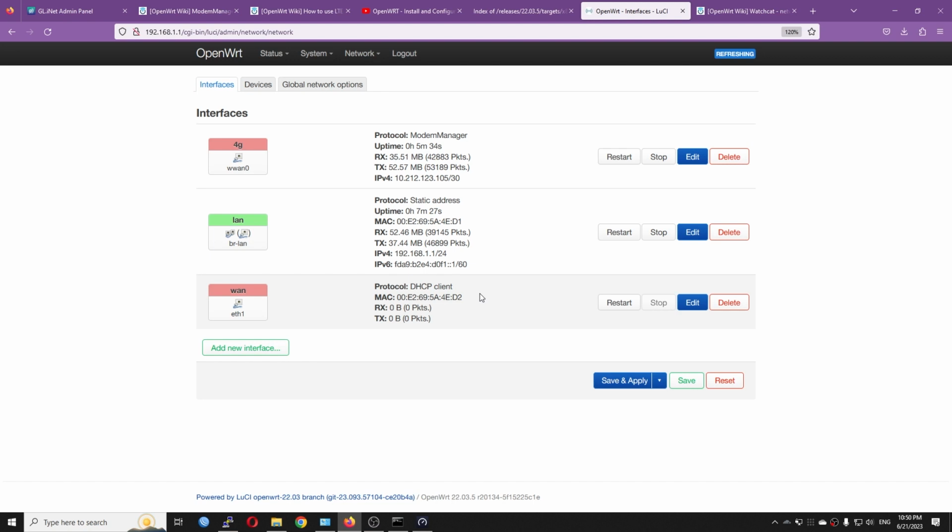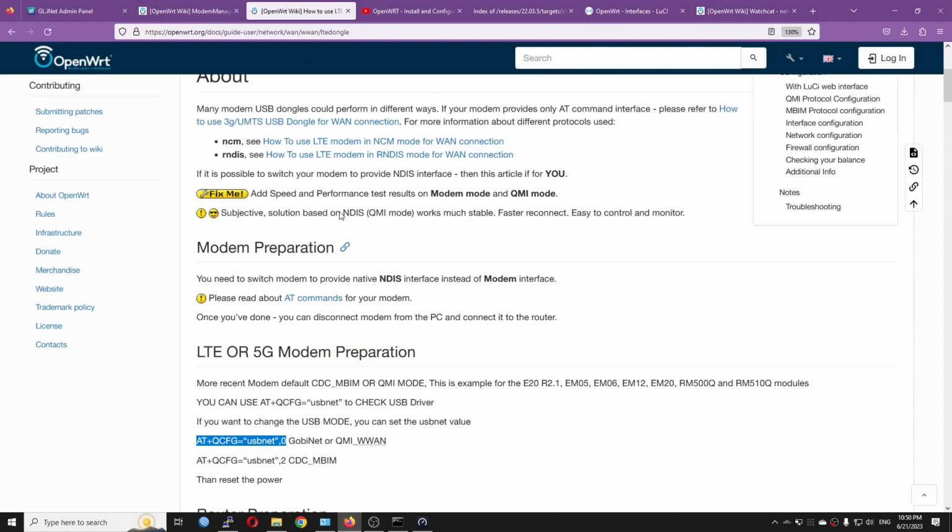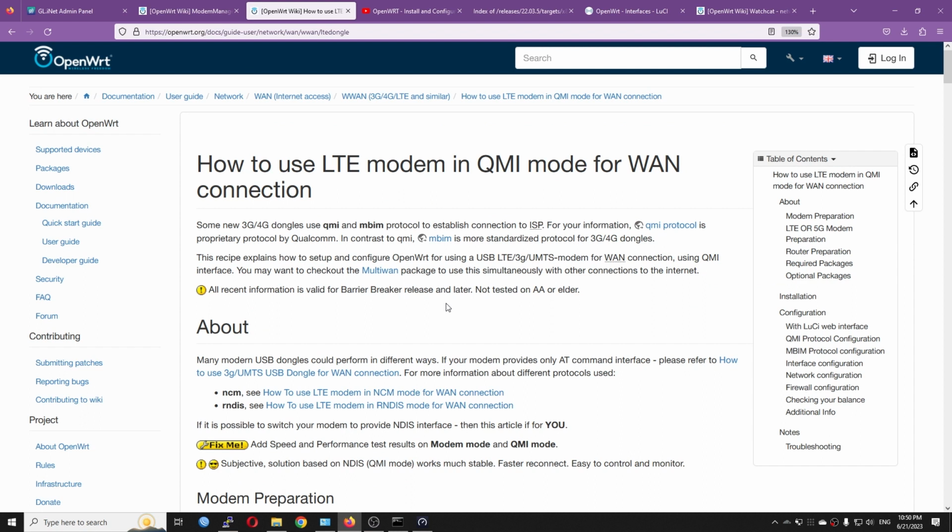Alright, so that is all about configuring 4G LTE on OpenWrt with the QMI mode and using the modem manager. And I hope these